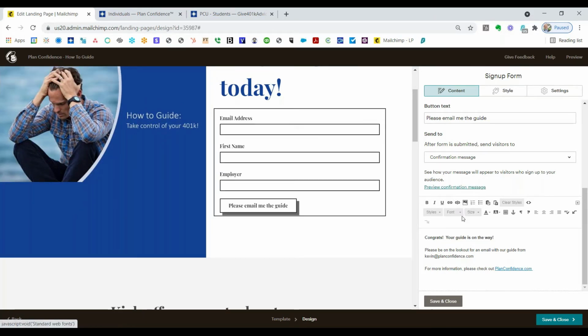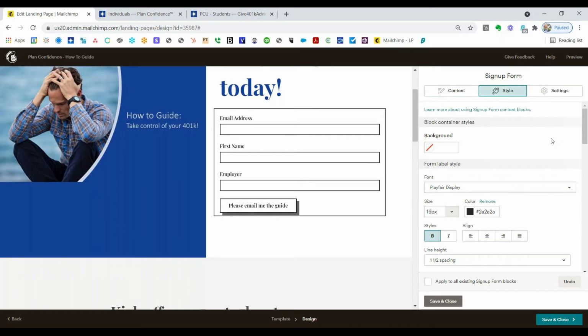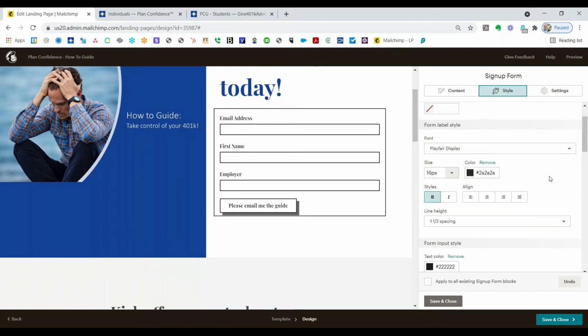Click exit preview, because one of the things I want to do is actually edit the design of this box. So if you go up to style under sign up form, it's now going to ask questions about how you want to make this look. You can leave it the way it is, it looks fine, but I want to make it a little bit more sexy. First thing we're going to do is change all the font to, you guessed it,